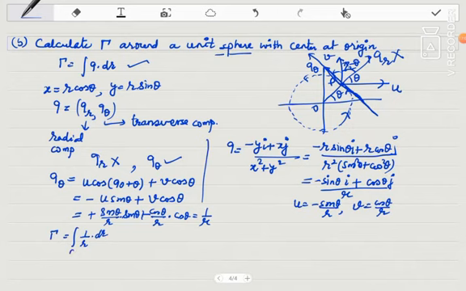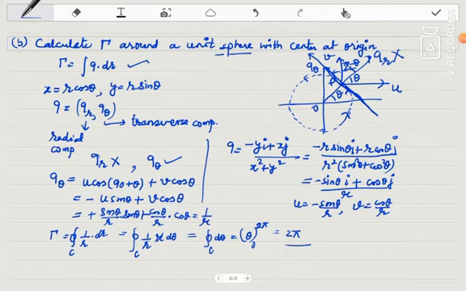It is around the circle C. So for this, because it is a circle of unit radius, I'll convert it into theta. 1 upon r, this dr may be written as r d theta by the property of a circle. This r is cancelled. Now the integral of d theta, which is theta, and what is theta around C? It goes from 0 to 2 pi. So I get 2 pi. So this is the circulation.